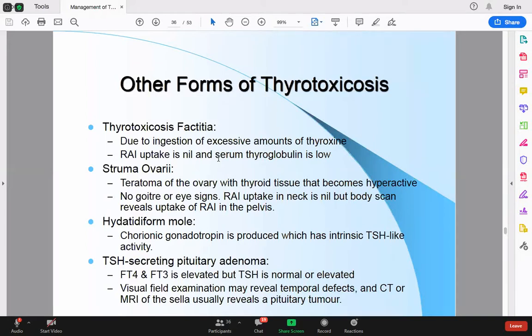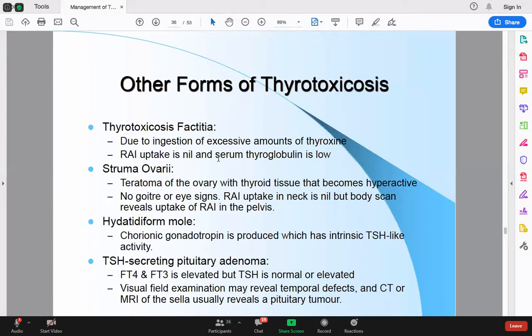Because they take it from other animals and they mix it and represent it as a weight loss medication, while in fact it's all thyroid hormones, okay? Struma ovarii is a very rare teratoma of the ovary with thyroid tissue in it. And of course, when you have thyroid tissue, that makes you prone to excessive thyroid hormones. Hydatidiform mole is basically getting pregnant with a hydatidiform mole, and this